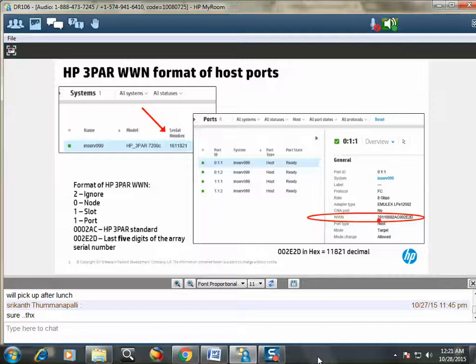So it's 2011. So it's 2 NSP. And then the next positions in the worldwide name are 002AC. That's an HP 3PAR standard. Now, the last part of the worldwide name for the ports is,